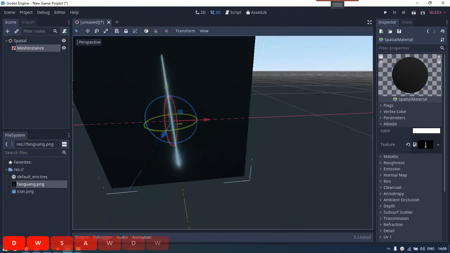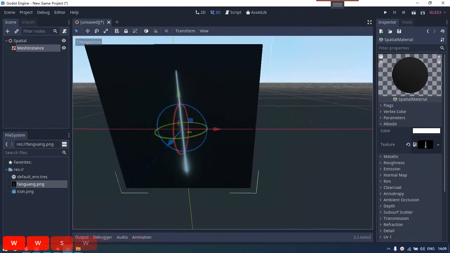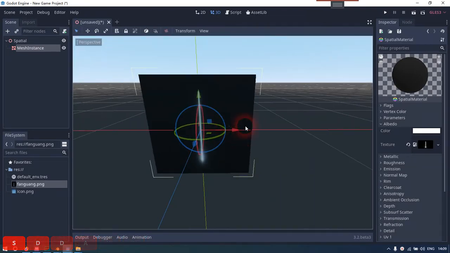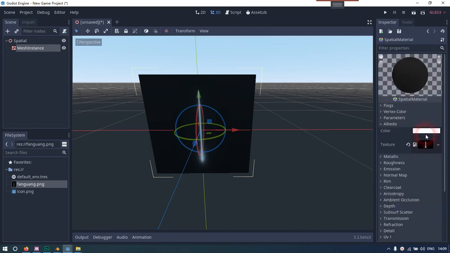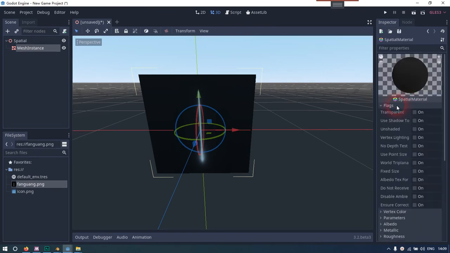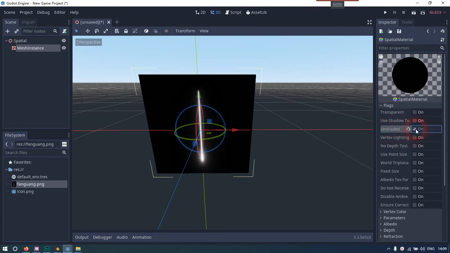But some parameters should change. The image is gray, a little bit dark, so we should change the parameter, the flag, unshaded, to on,